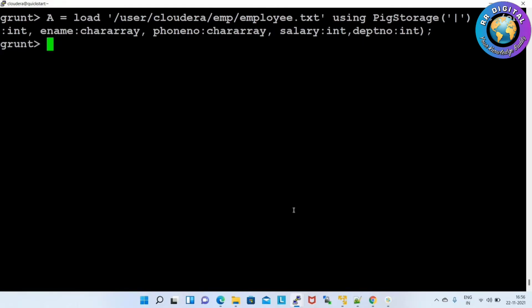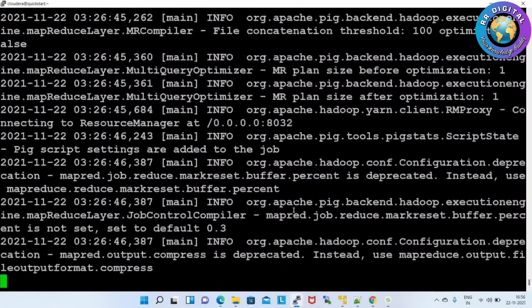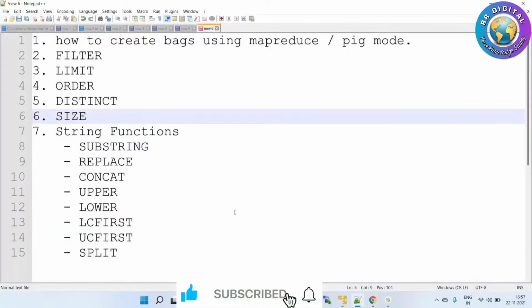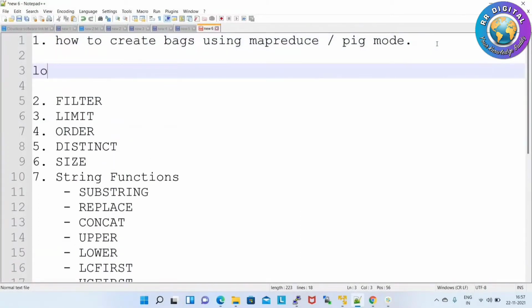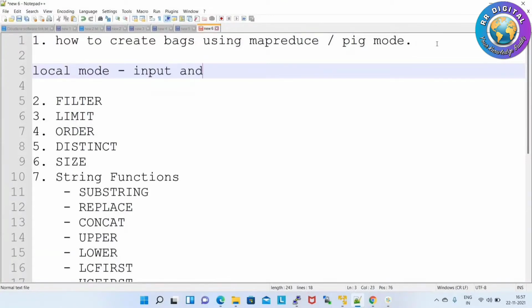In MapReduce mode, if you want to retrieve the results, you have to use dump and then the bag name. My bag name is a. Local mode or MapReduce mode, queries are the same; only the input and output paths we have to change. If you are using local mode, the input and output paths should be local.